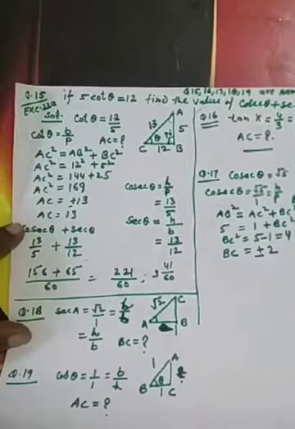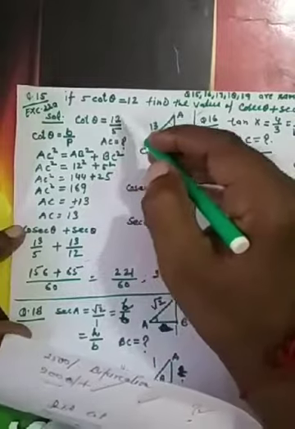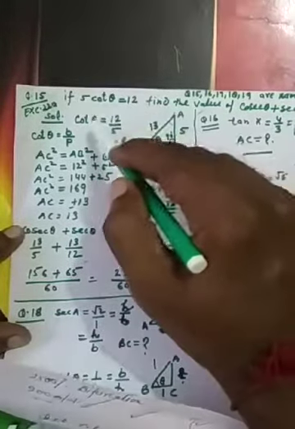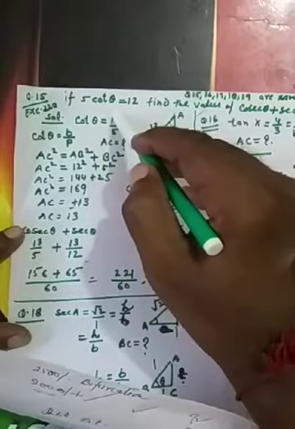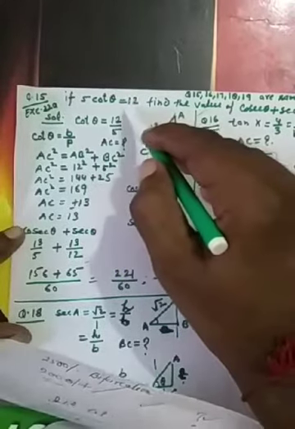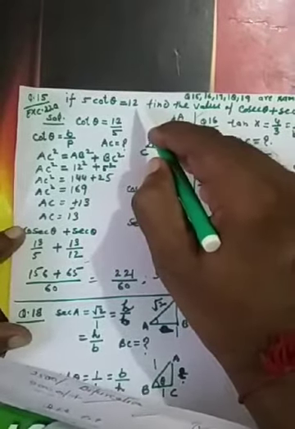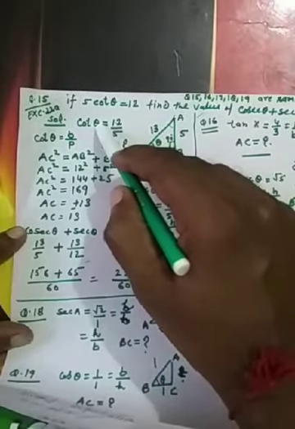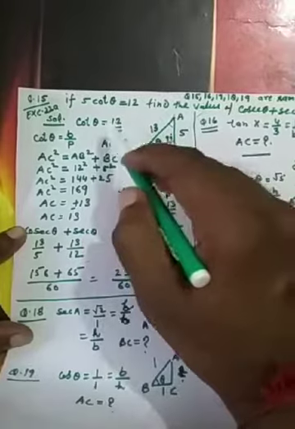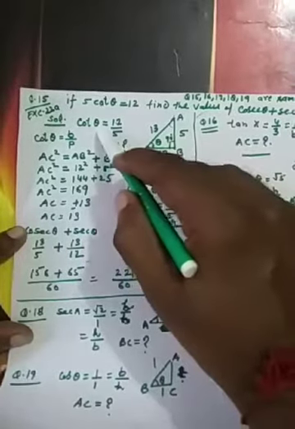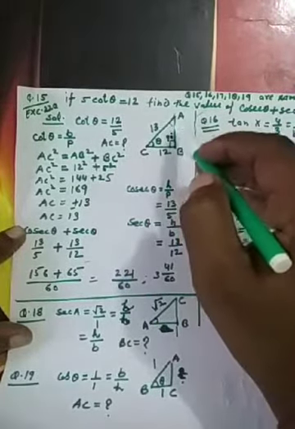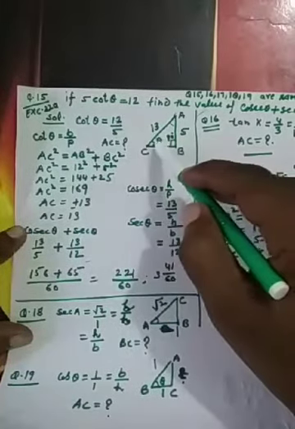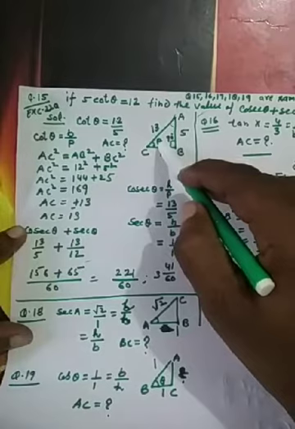Here the question is cot theta is equal to 12 upon 5, because the question was 5 cot theta is equal to 12. So we can write it as cot theta is equal to 12 upon 5. This 5 will come here into the denominator. And for solving the question, I told you, you must know all the sides. So first you draw a figure, a right angle triangle. Here the angle is theta. Give the name theta here at C.